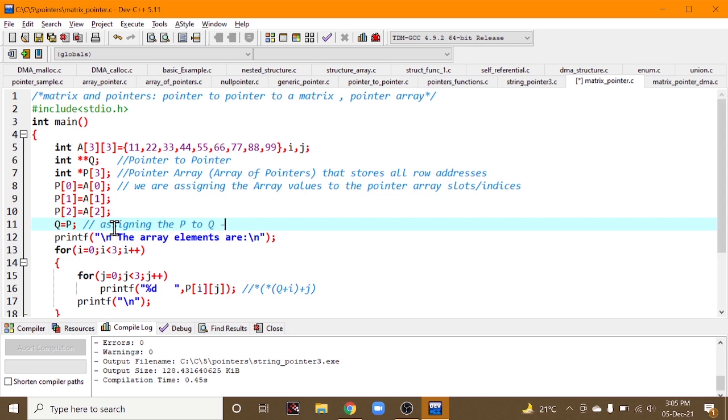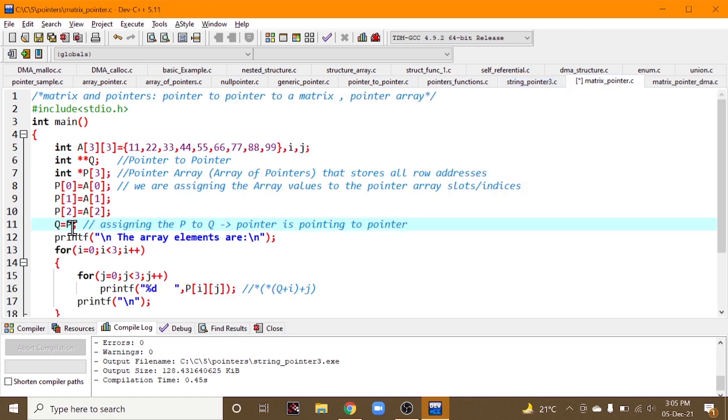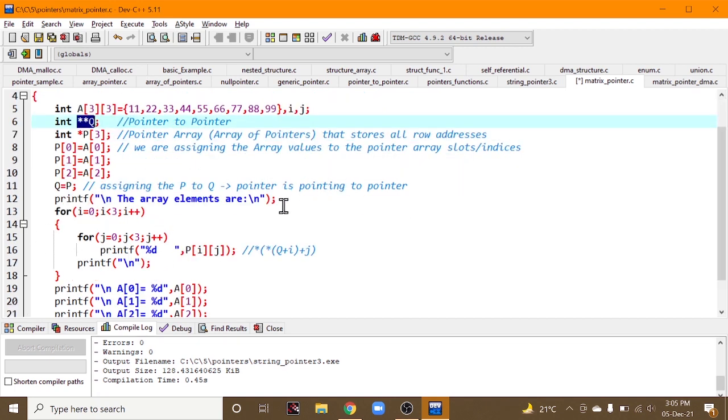If we write this step, this indicates a pointer pointing to a pointer. This step indicates what we have just seen in pointer to pointer, right? Q is assigned to P. Similarly we are doing here, Q is equal to P. That indicates a pointer is being assigned to a pointer, like a double pointer, and then printing the elements in the array. Since we have two iterative variables i and j, we take the first for loop for i till 3 because the size is 3, right? And for j it's also 3, so till 3 we are printing P of i j. That is a 2D array.